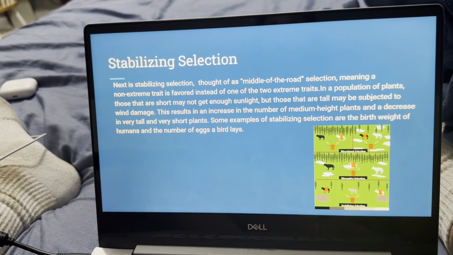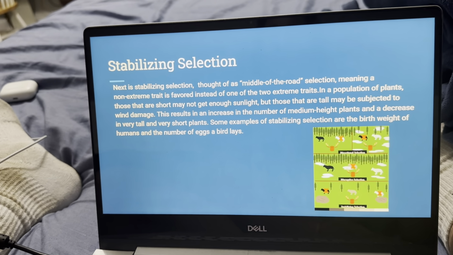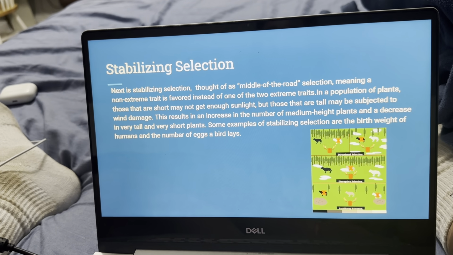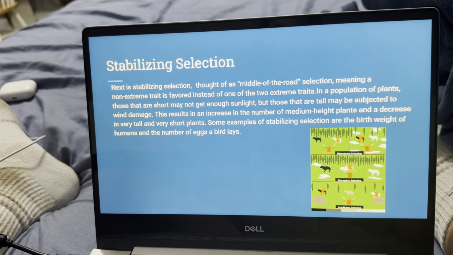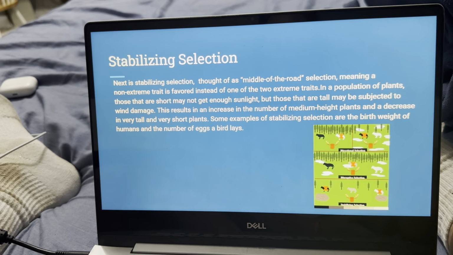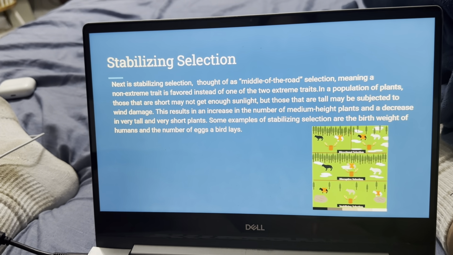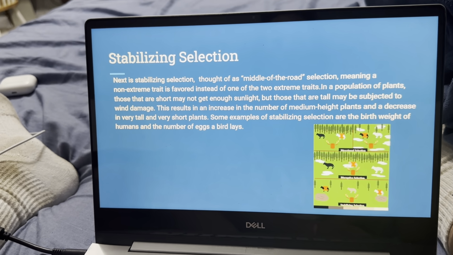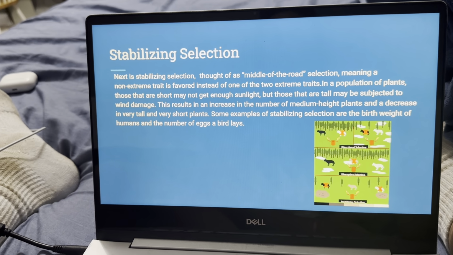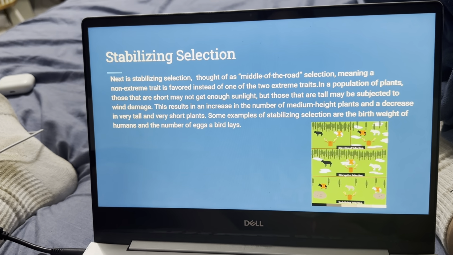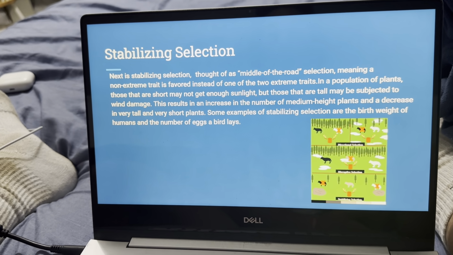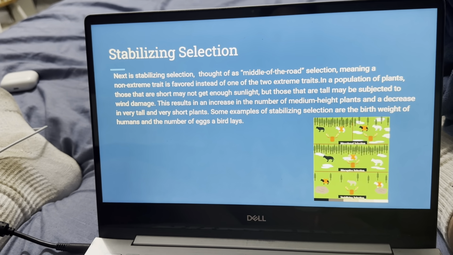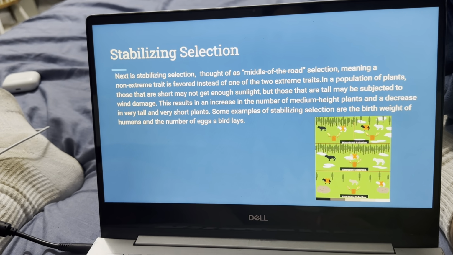Some examples of stabilizing selection are the birth weight of human babies, as well as the number of eggs a bird may lay. Another example that is not on here is weather. When it comes to weather, take a hurricane on a beach. Houses that are very small may be threatened by water, but may not be damaged by wind necessarily, versus if you have high rises, they're more affected by wind, but they're not as affected by